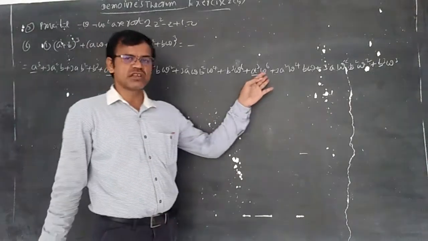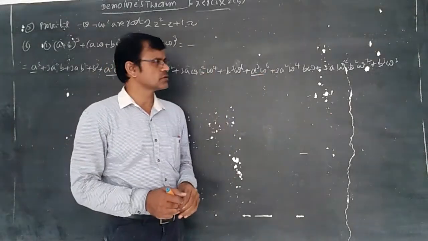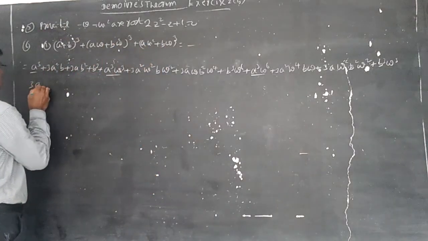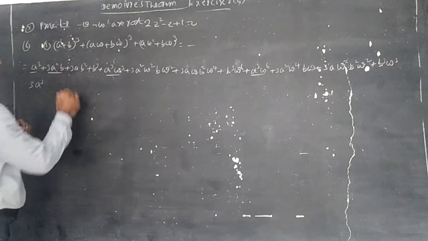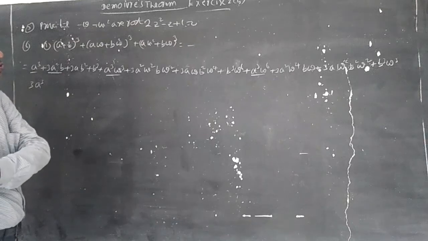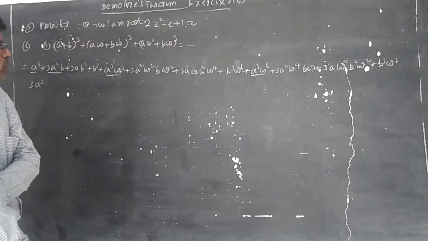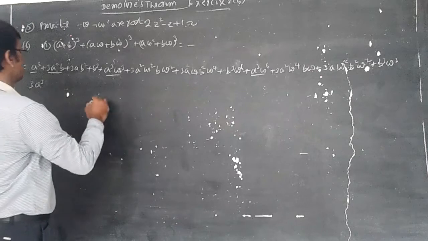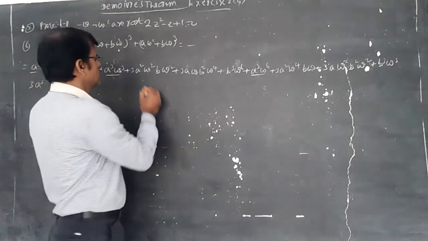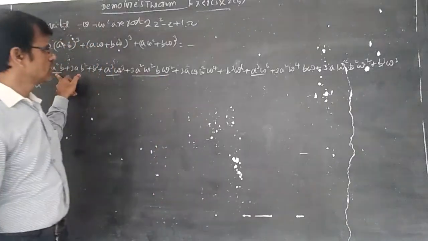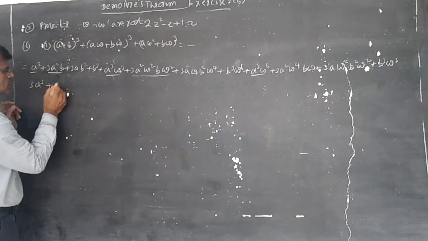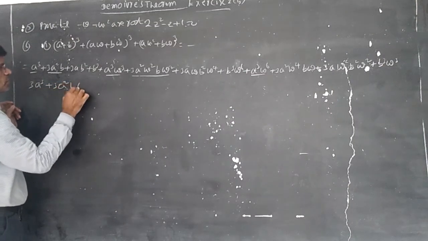So that is equal to, you can understand this is a cube omega cube, a cube omega power 6. Omega cube is equal to 1, then omega power 6 is also 1. So you can write 3a cube. Now take common 3a square b, and of course we can write b cube also. Let us write 3a square b taken common here, here also 3a square b taken common.